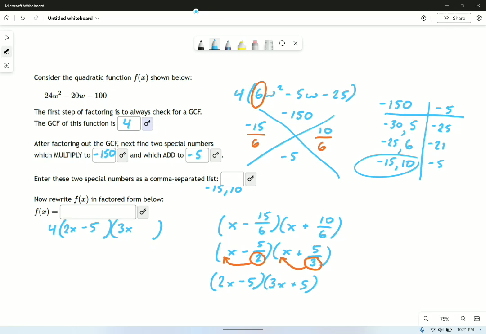That's out front. Okay, so this was a fairly complicated factoring problem, and we can solve it pretty quickly using this method. You might have a problem that's simpler than this. You might have one with no GCF at all. Or maybe one of these numbers simplified so you didn't have to swoop that denominator over. That's fine. There's all sorts. This technique works for any quadratic which can be factored.